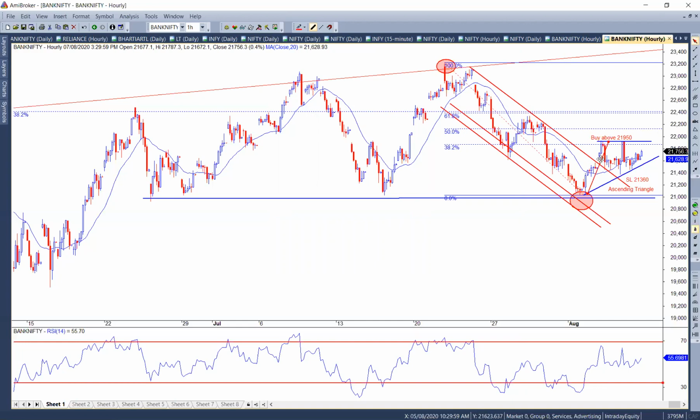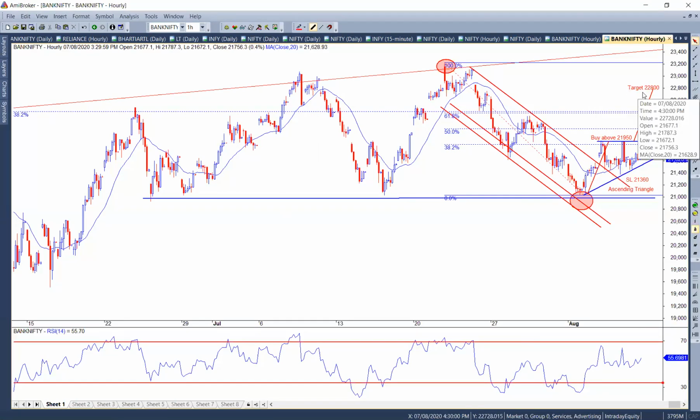Or else, a simple way, I can simply take this line, copy and paste it, and project it on the upside. Once you project it from the area of breakout, you get 22,800 as the target. So that is my target, 22,800 on Bank Nifty, if it breaks on the upside. So this is my stop loss, this is my initiate range, this is my target.